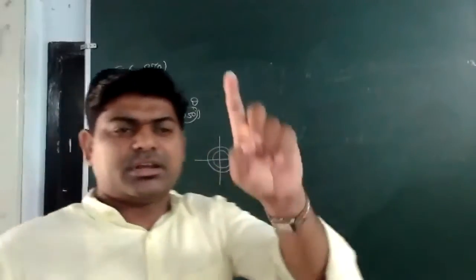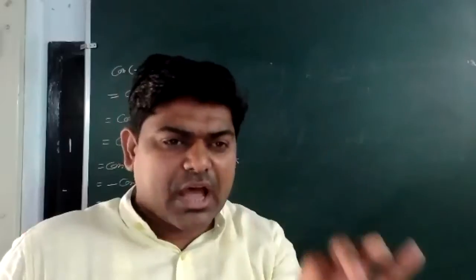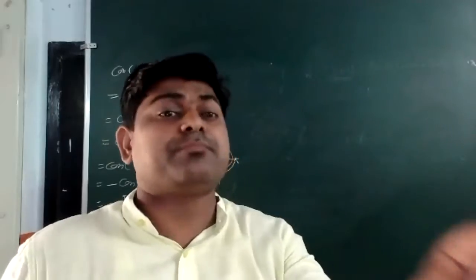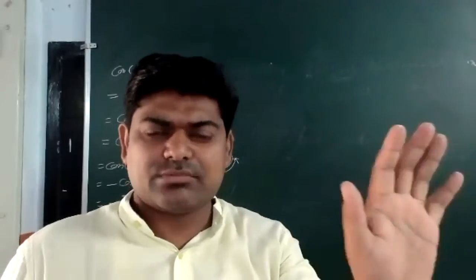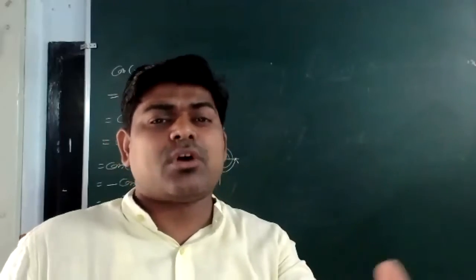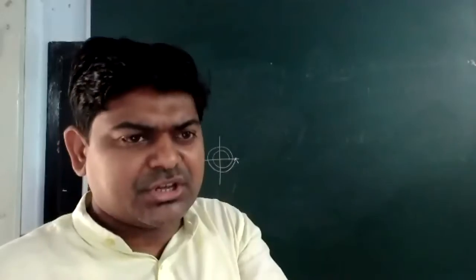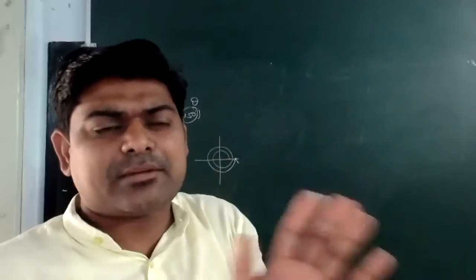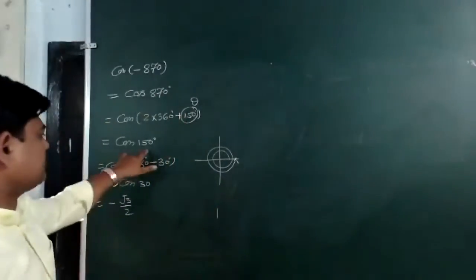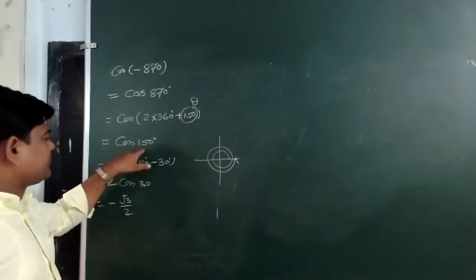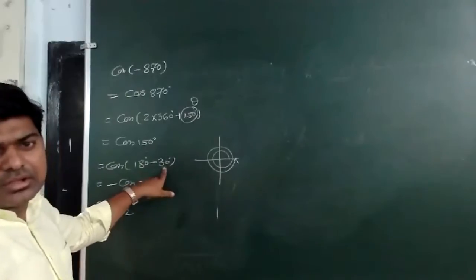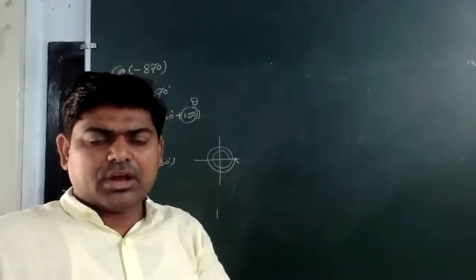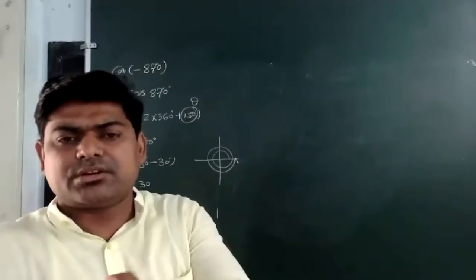Or if you remember, in 3.3 one formula was there: sine, cos, tan of 2n pi plus theta, where n is 1, 2, 3, anything can be there. So 2n pi means what? 2 into pi is 360. Now I am taking n as 1, n as 2, n as 3, so I can say it is a multiple of 360. So we have the same thing, it will be cos theta. And now 150 I wrote as 180 minus 30. As I told you, it can be written as 90 plus 60 also. Both options are there. Either you write 180 minus 30 or you may write 90 plus 60.